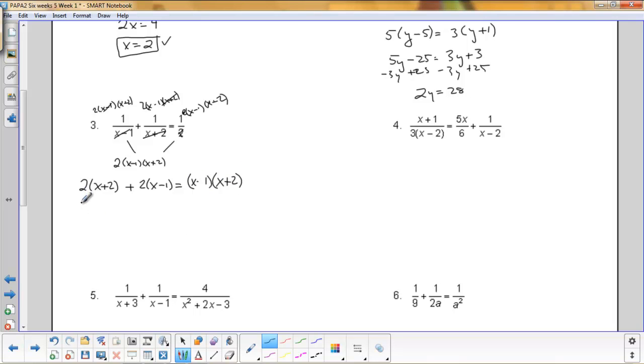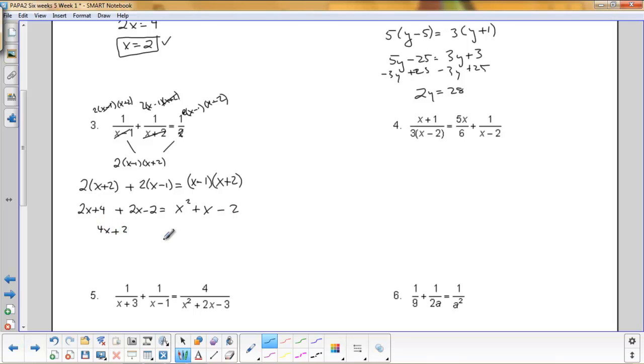I'll simplify the remaining parts. 2x plus 4 plus 2x minus 2 equals x squared plus x minus 2. I'm going to simplify my numbers, giving me 4x